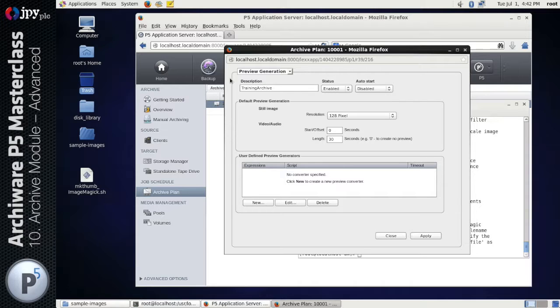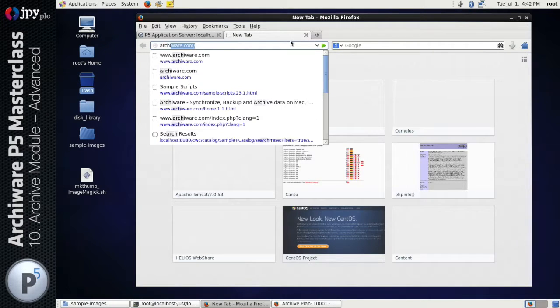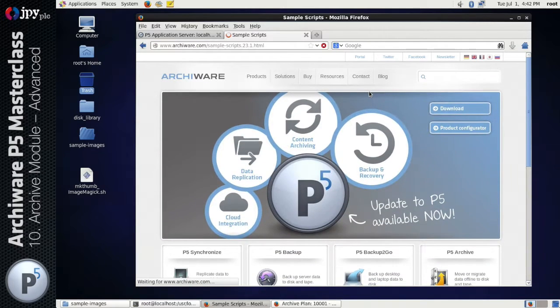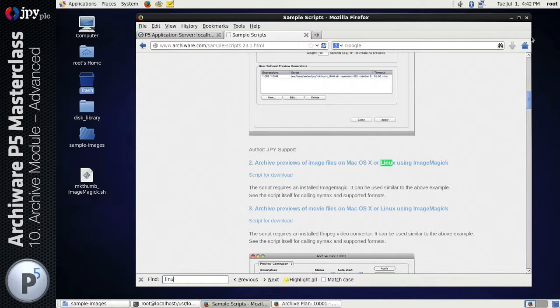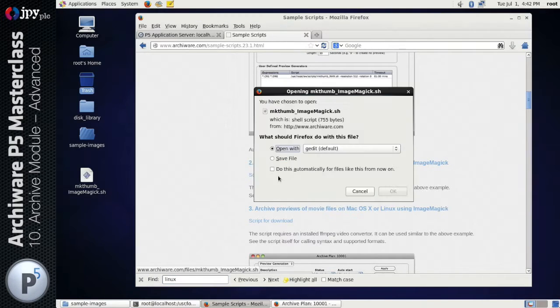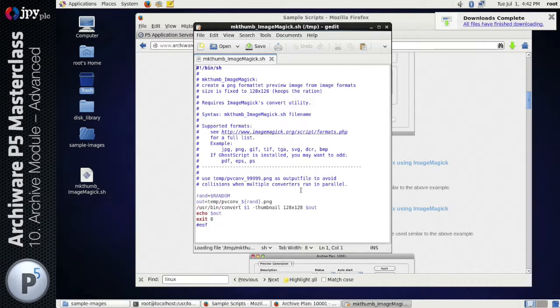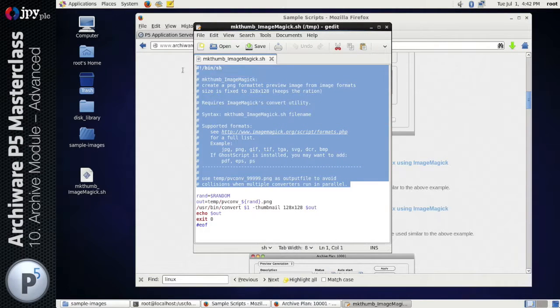Now on the Archiware website, again under resources and then sample scripts, if I search for Linux, there is a script here, Archiware archive previews of image files on Linux using ImageMagick. And if we take a look at this script, and initially I'm just going to open that and take a look at it, you can see that this script, once we get past all the comments, and many thanks to whoever provided this script for the Archiware website, credit to them,